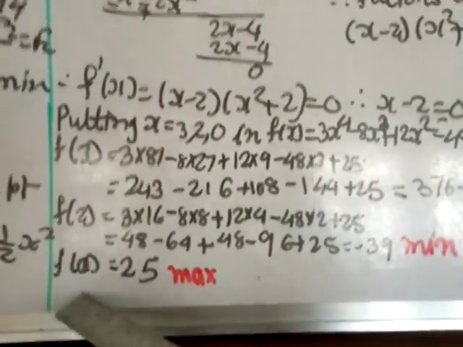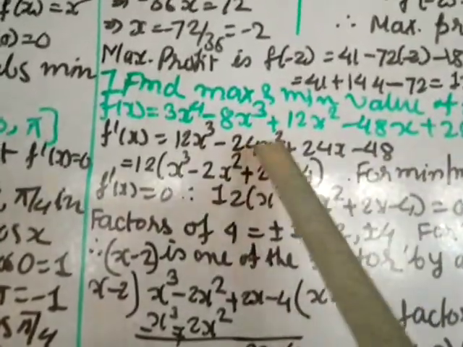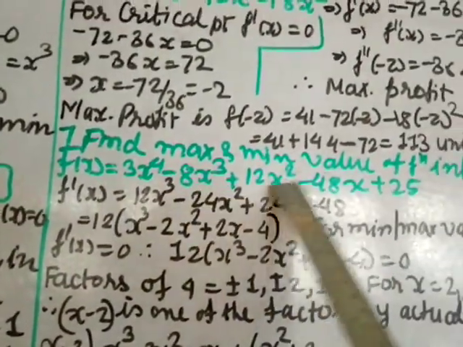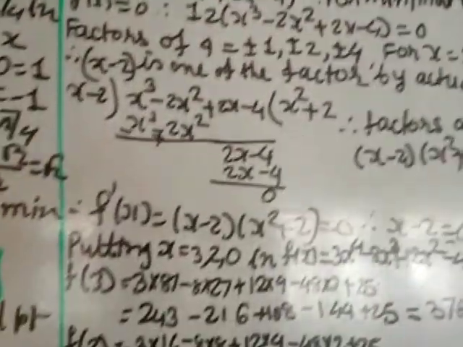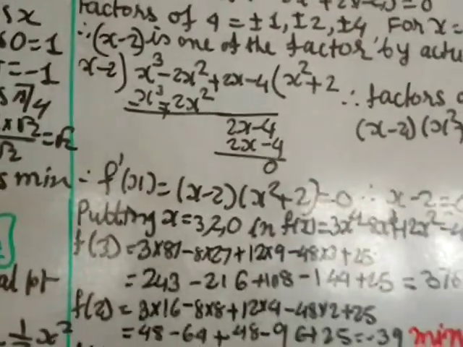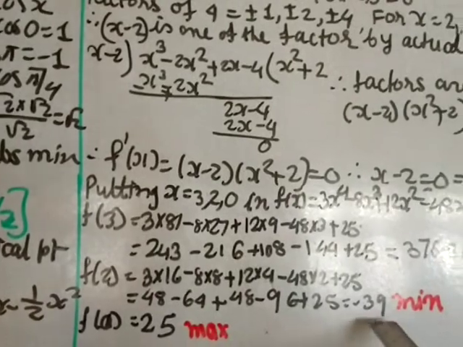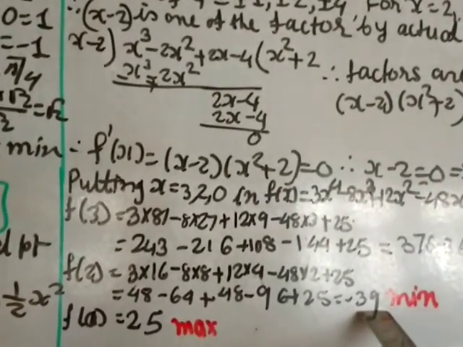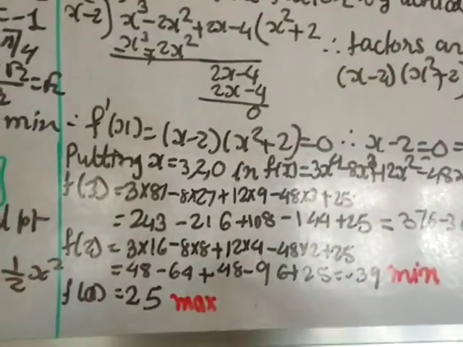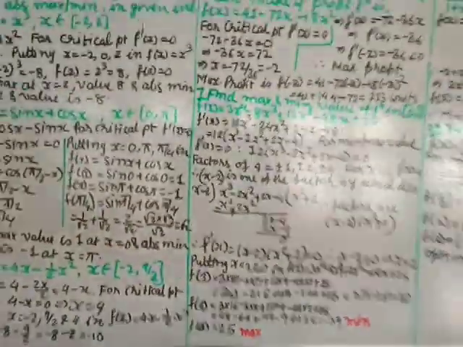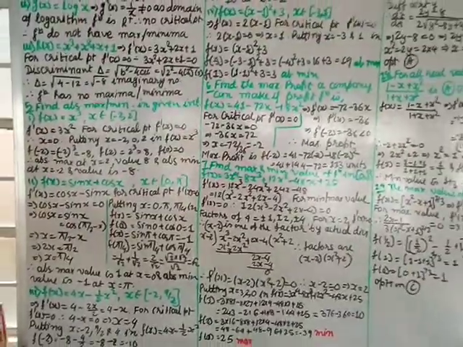And when I put 0, you can directly put 0, everything becomes 0, so you get 25. So I have directly written 25. So among these three answers, one is 10, one is minus 39, one is 25. Among these three, minus 39 is the minimum, so this is the minimum value, and 25 is the maximum, so this is the maximum value. Okay, so we'll keep this much today. Thank you very much.